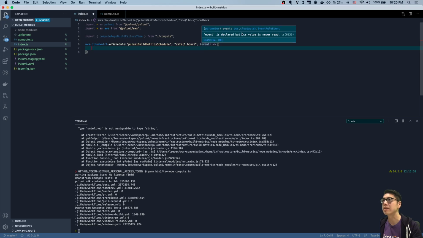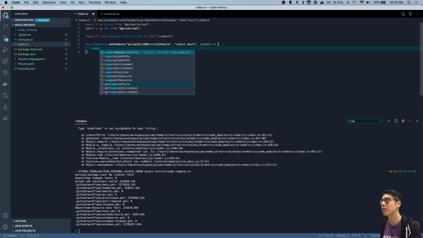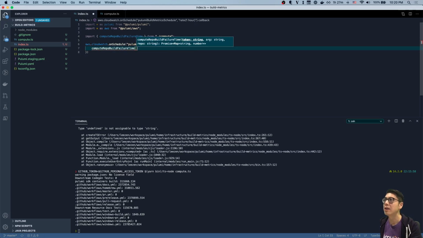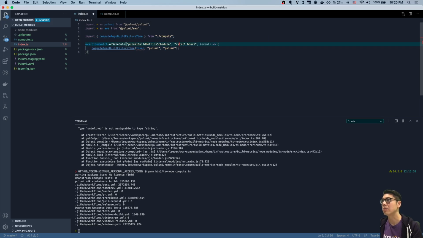And so you can see this is event rule event. And we actually really don't care about what's in the event, but all we really need to do is just call our thing with our token, org. And for now, I'll just put Pulumi, and later we can add more to this. And so we can actually make this an async function, so we can await this, so that in Lambda, this actually runs completely. And then now the only question is, how do we get this token thing? But actually, we can just do this